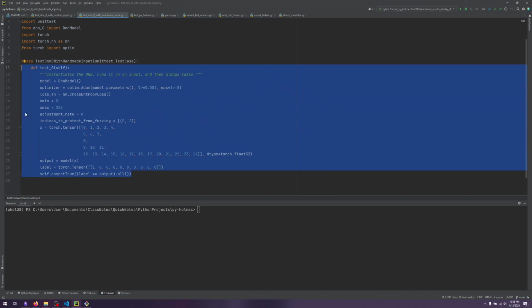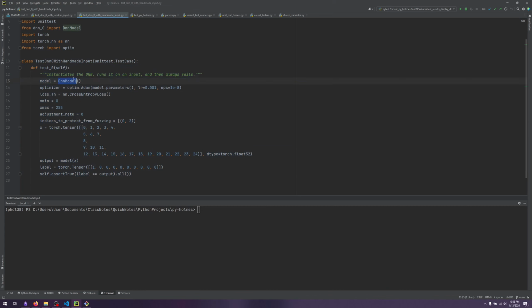What this test establishes for PyHolmes is what the model is, what optimizer was used when training that model, the loss function for measuring that model's performance on inputs, the minimum and maximum values for any element of the tensor to be fed to the model, an adjustment rate which governs how quickly PyHolmes alters the original input tensor to create new ones,